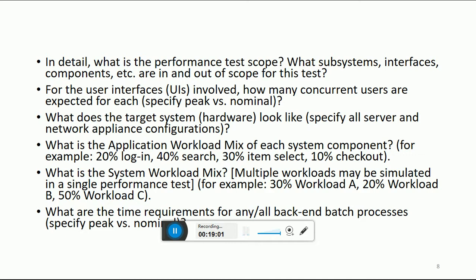Such scenarios you have to understand, and you have to make the workload mix with them, and so on. So these kinds of questions you need to ask